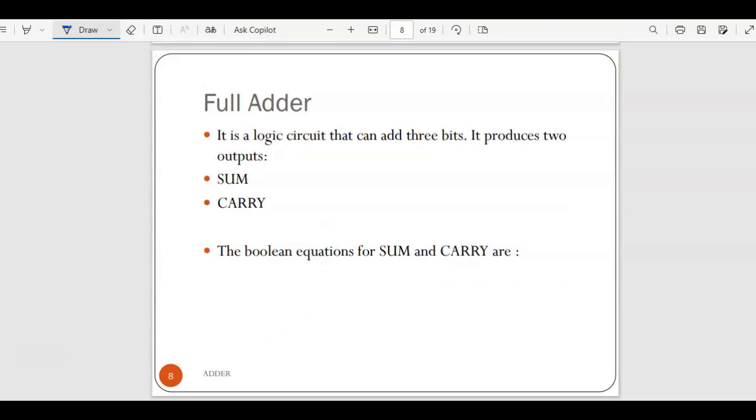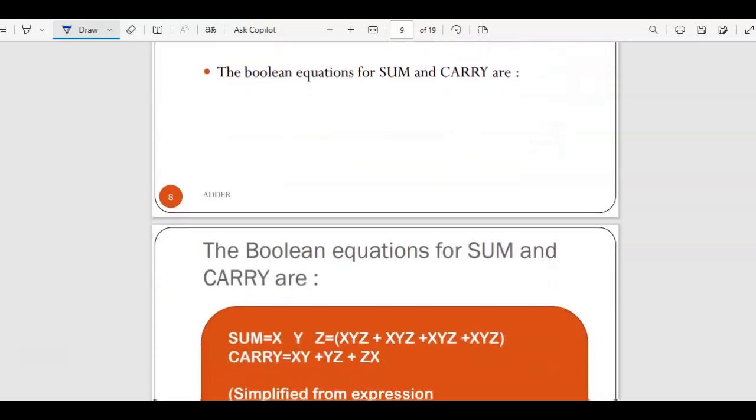So the next topic is full adder. In case of full adder also, you will be getting the output in the form of sum and carry. But this will work for 3 inputs. Like you remember, the half adder will work with 2 inputs, right? This is the difference you have to remember. Half adder will work for 2 bits, but this is working to add 3 bits. So this produces the same type of output, which is sum and carry.